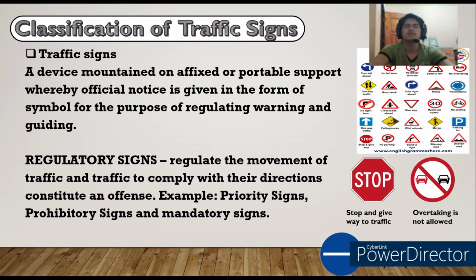It has a specific shape, design, color, and usually a symbol or words. These traffic signs are seen along the road, at the side, and they convey information about the road or about the traffic. The purpose is to inform road users of applicable road conditions and instructions. Basically, a traffic sign conveys information, an instruction, or a warning to drivers and pedestrians.